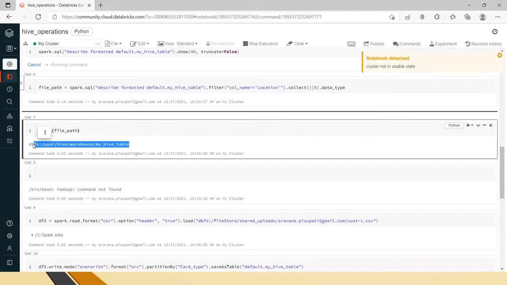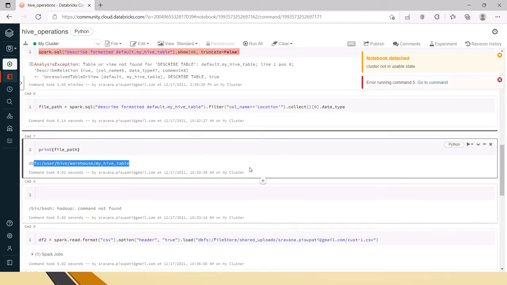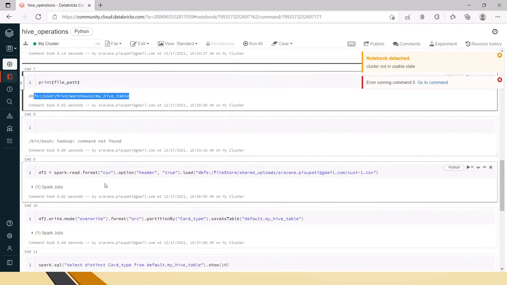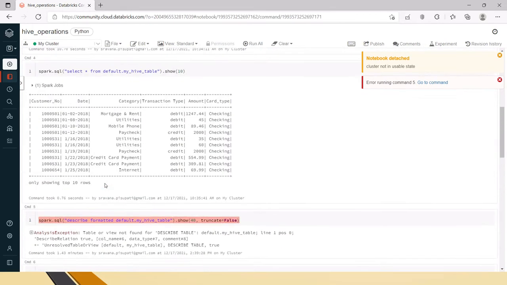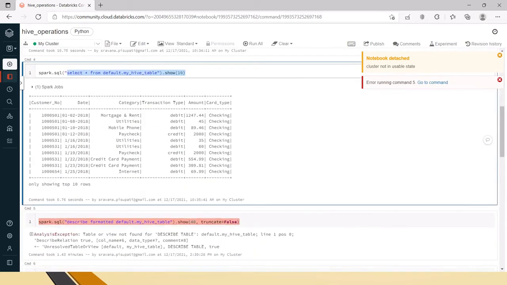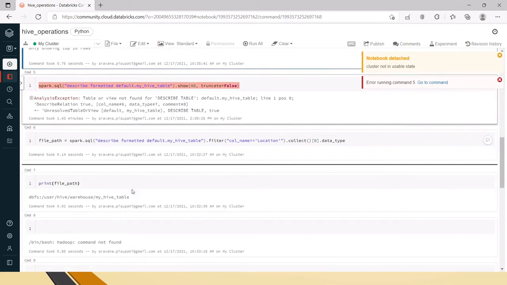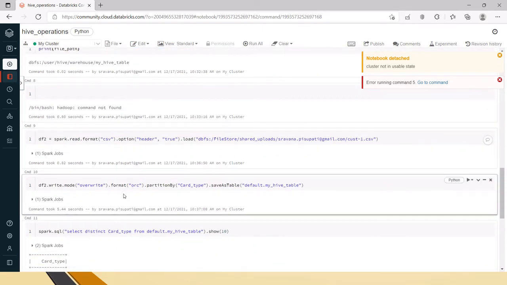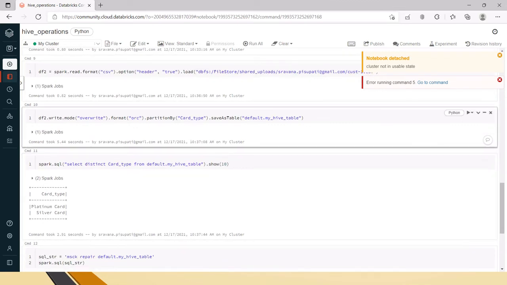You go there, you remove one partition manually by using hdfs dfs -rm -r and give the path. It will remove the entire folder. And once you do that, then try to do the same thing, like select star from the table. It will give you some error. Here for me, I don't have Hadoop installed, right? So I am not getting the error actually. That's why I am giving you the steps. You try that out and then let me know.